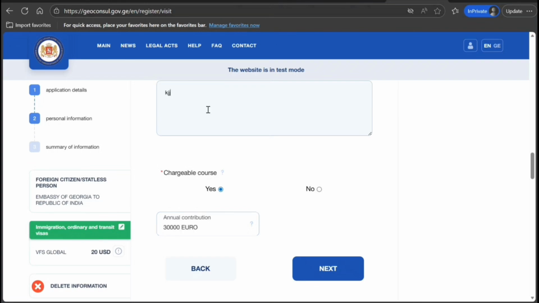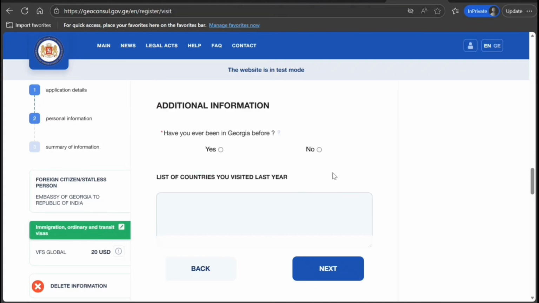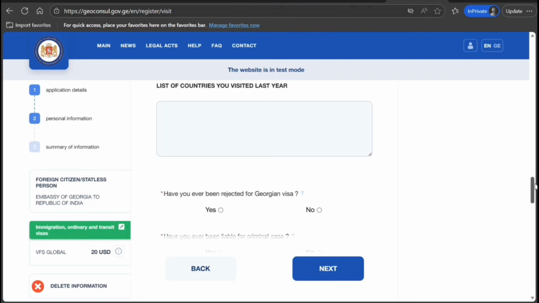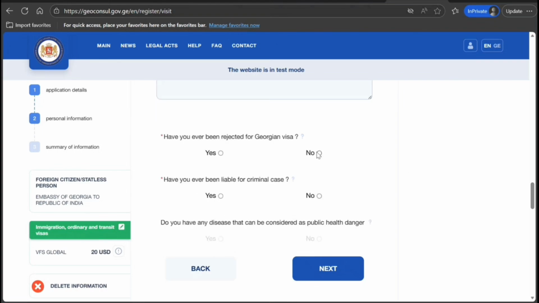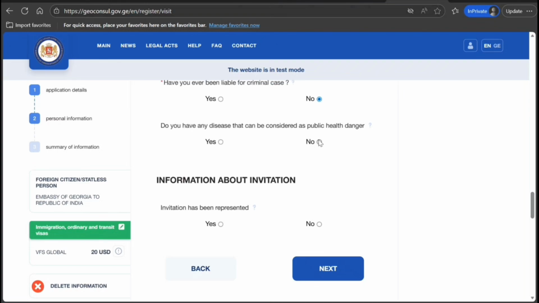Comment, provide some details about what your course is, why you want to do it, your benefit, any other plan. Additional, have you been in Georgia before? I select no. List of countries you visited last year. Have you ever been rejected for a Georgian visa? Applied for criminal case? No. Do you have any disease that can cause public health risk? Invitation has been represented. I select